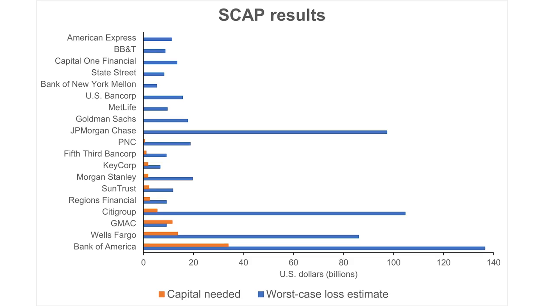10 out of the 19 firms were found to be capital deficient. The US government gave these firms an ultimatum. Either raise the missing capital privately by November 2009, or the US Treasury will provide the necessary equity and ban dividends going forward. Within 1 month, nearly all of these firms were able to raise the missing equity.